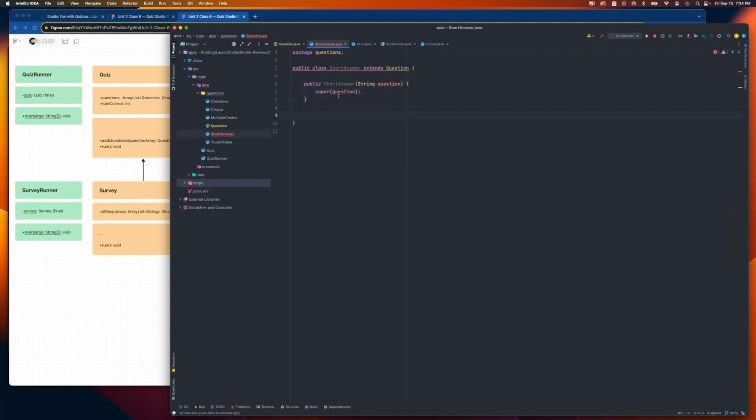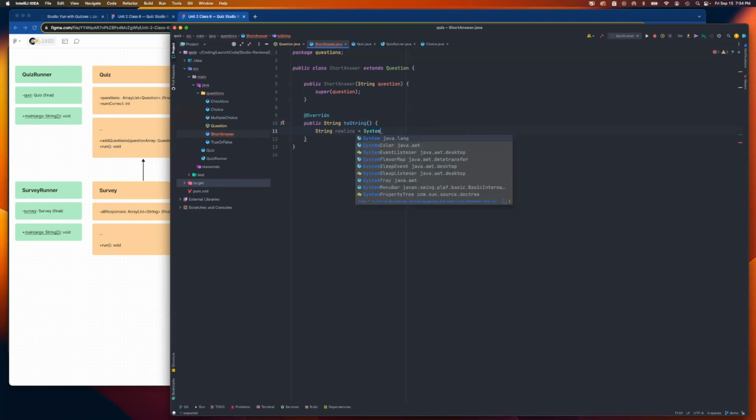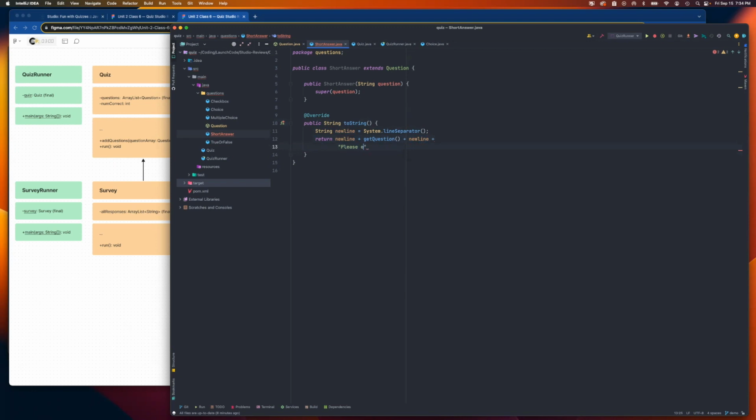Okay, let's override our toString since that's required, and say public String toString. I'm going to do something different here for these types of questions. Before, I had some text that I put in, and then I gave the question, and then I gave the choices. This is going to look different. We don't have choices, for one thing. So instead, I'm going to say, let's return new line plus getQuestion. We'll just ask the question first and add another new line,